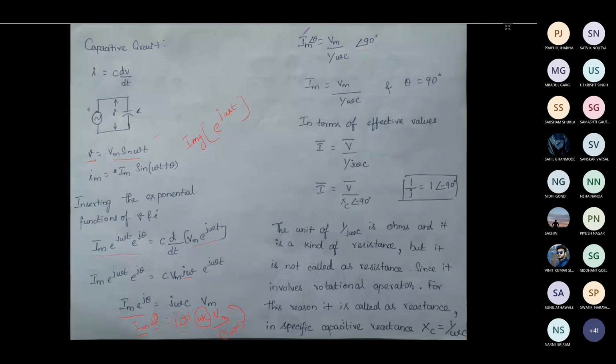So now you have one magnitude Im and we are getting one angle. Similarly on the right hand side, we are getting one magnitude and one angle. So what we are going to do is compare the magnitude on both sides and compare the angle on both sides. If you compare, Im can be given by this expression, that is the magnitude, and this θ can be represented by this angle, that is 90 degree. Okay, so this is in terms of peak value.